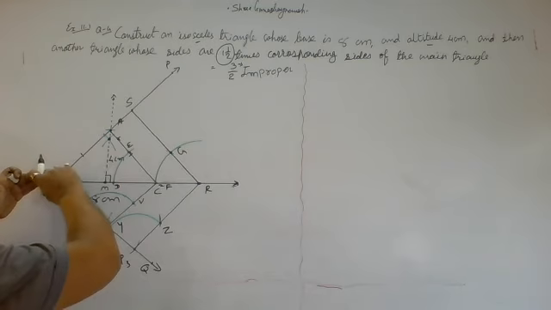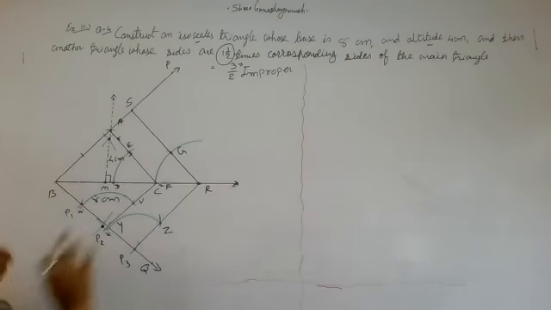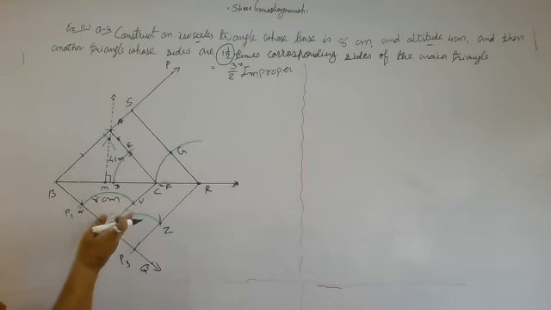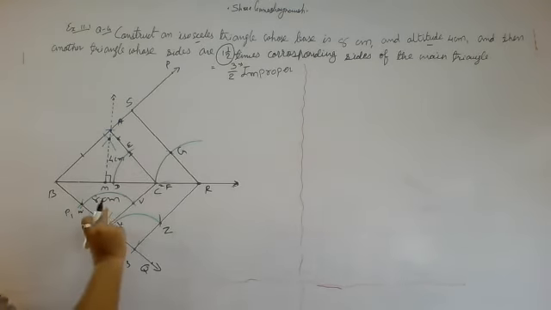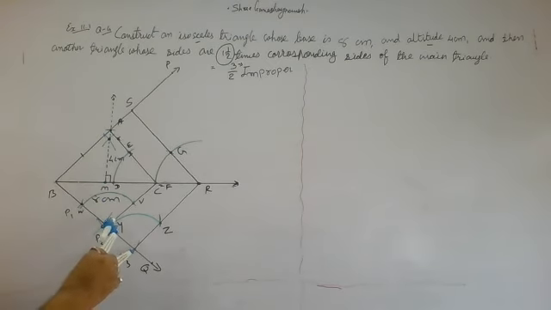We should extend BA up to P, and we should extend BC up to R. Then we have to construct 3/2 corresponding. So it is an acute angle BQ. Then we should make 3 equal parts, P1, P2, P3. Then the second part we have to join with C, and then we have to take the parallel line of P2C from P3. For that I have taken any measurement with compass and constructed an arc from P2, and with the same measurement I have constructed an arc from P3.